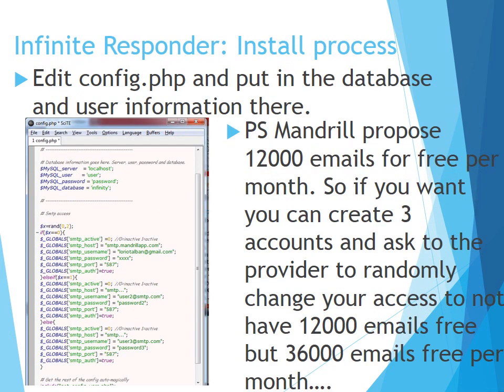Little tip: if you don't want to buy credits in Mandrill, you can use this little technique to split your mail across different accounts. You can create 2, 3, or 4 different accounts on Mandrill, and you randomize the account, so sometimes it's account number 1, sometimes number 2, sometimes number 3. Here there are only 3 accounts, but you can split it so you never use the same account when sending